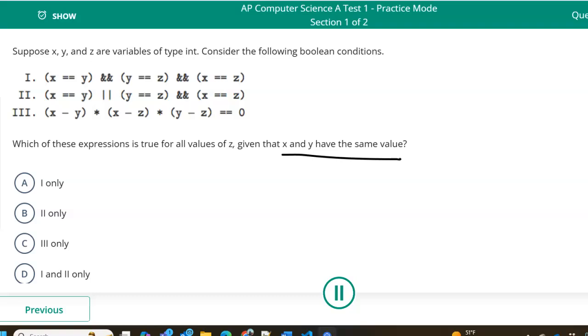All right, let's examine the possibilities here. Let's see, number 1, x equals y. That is true. We are given that. And y equals z and x equals z. We have no idea what z is. So we have no idea if x or y equals z. So that is out. X equals y. That is true. Or, okay, now